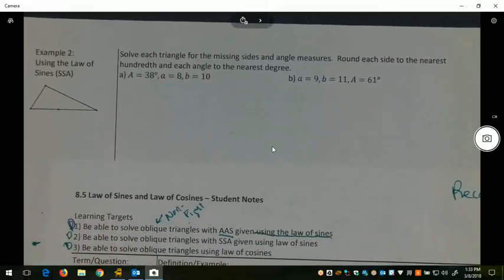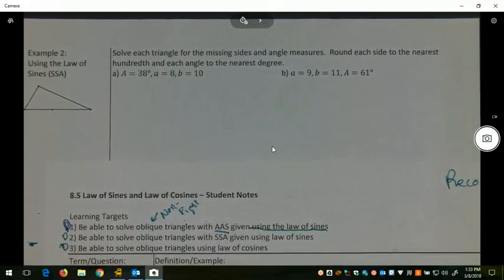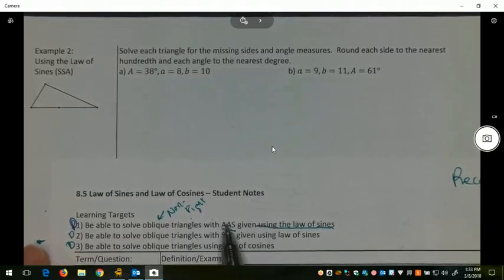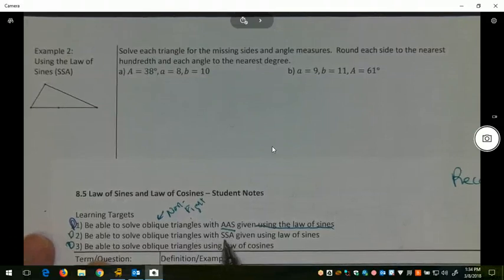Welcome to lesson 8.5, day 2 video notes. The learning target for day 2: in day 1 we were just learning to solve sides using law of sines. Today we are learning to solve for angles of oblique triangles, again using law of sines, but we have to